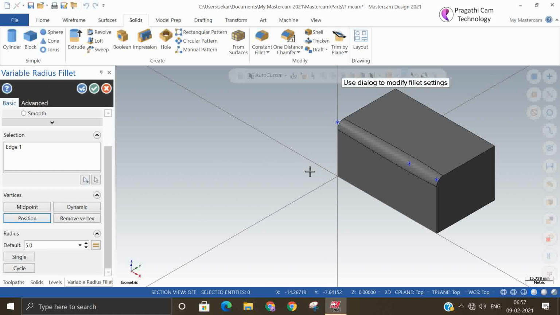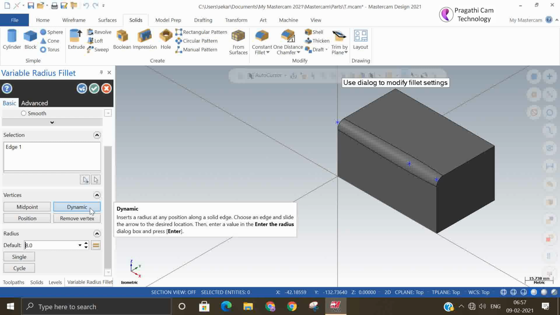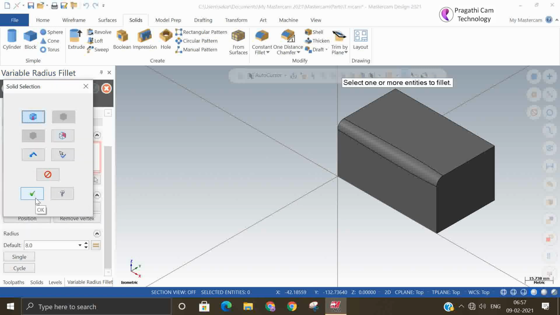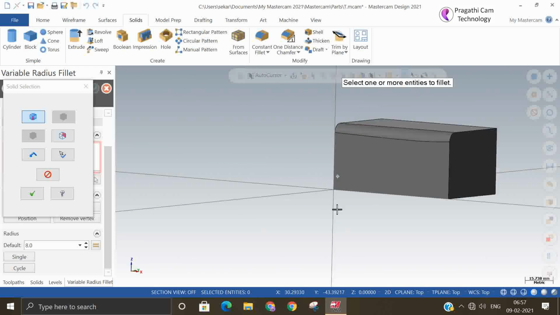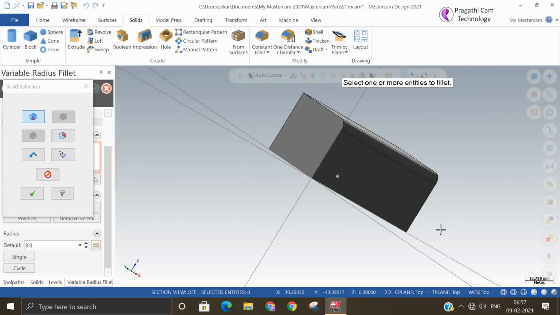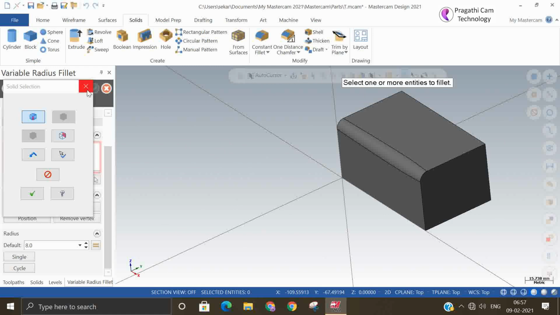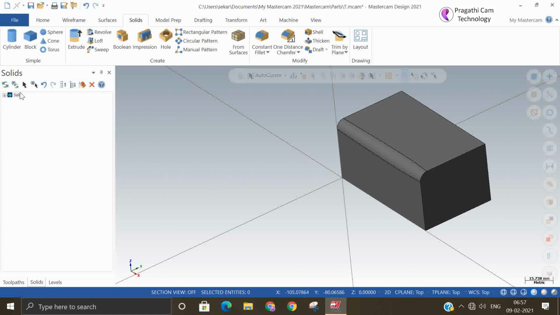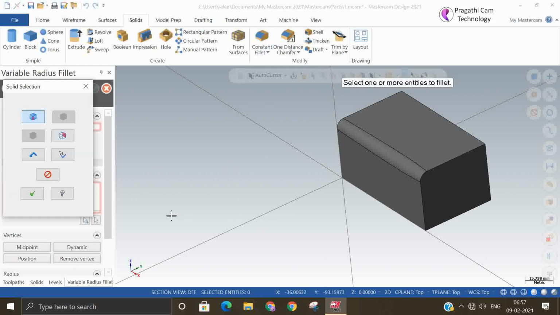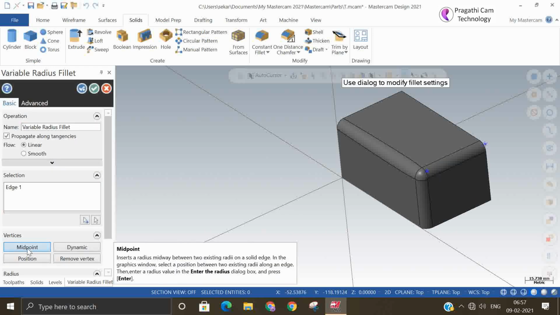Okay. So I'll make it radius bigger here. You can able to see the difference. So otherwise we'll make it in the another edge. Okay. Fillet, variable fillet, this edge. Okay. Dynamic.